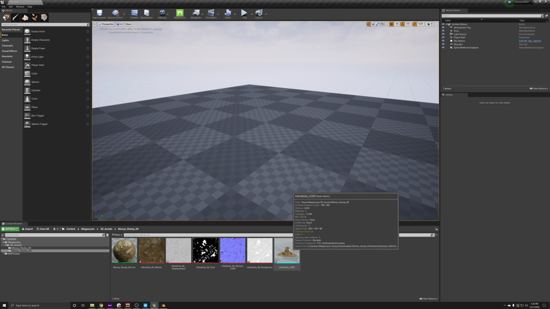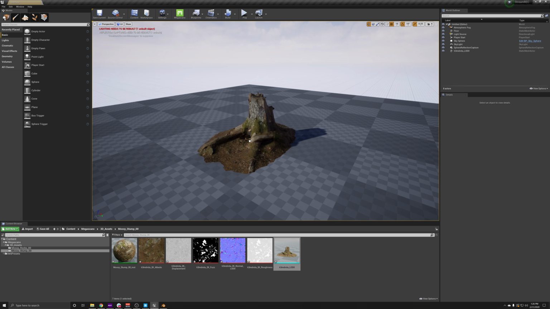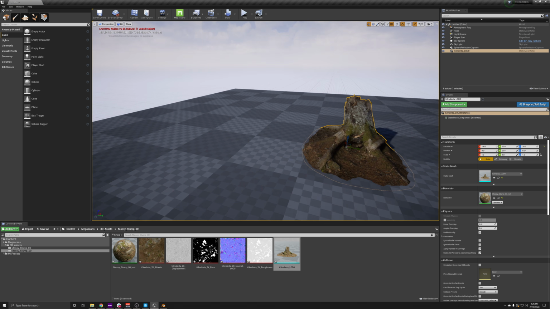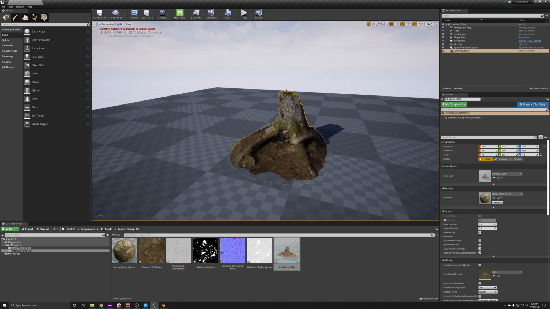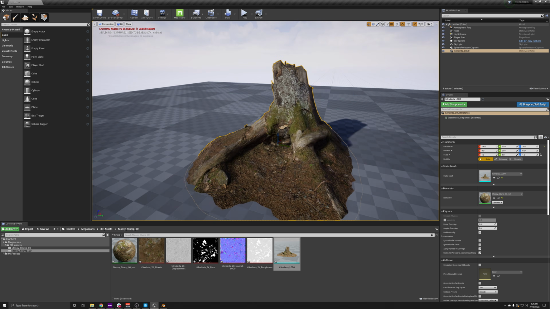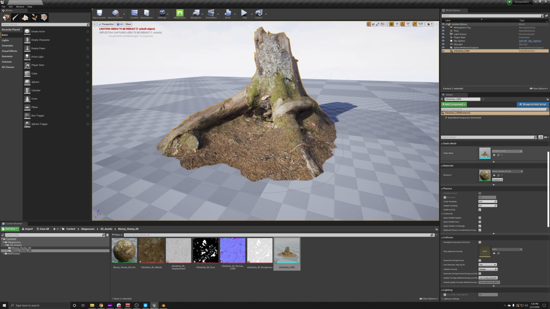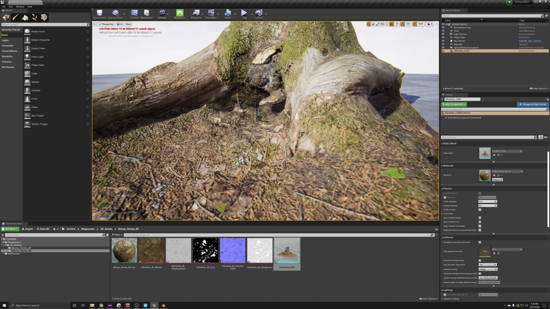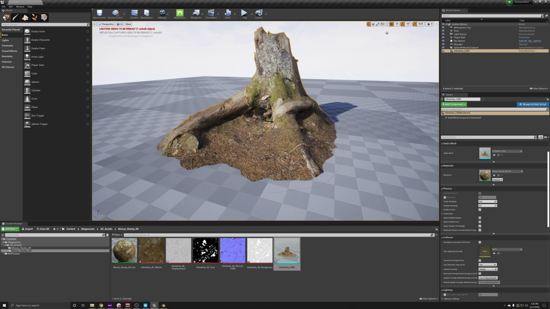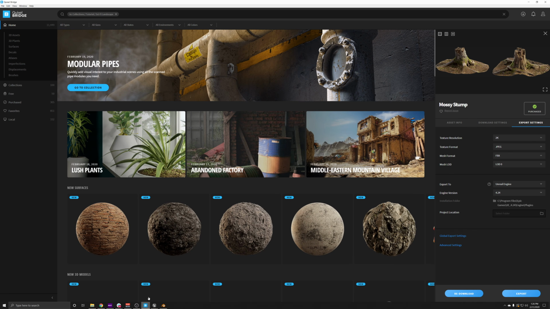All we have to do now is drag our 3D asset into our scene, and voila, it's a one-click process. You don't have to worry about changing anything. If you want to change anything within the editor here, you most certainly can. And yeah, that's pretty straightforward. I can't believe how straightforward it is. So we can actually keep doing this all day.